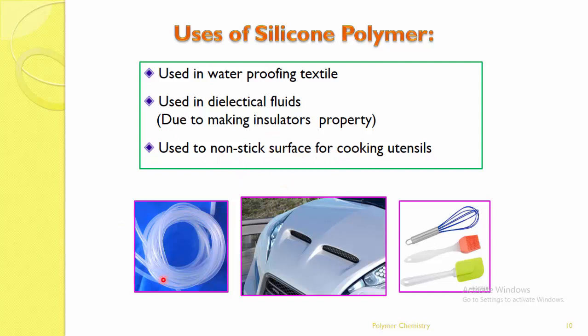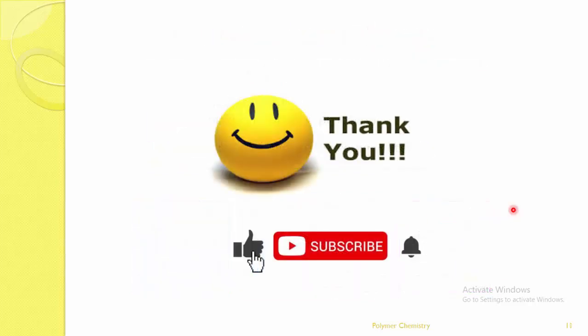Other than these, here we can see some pipes made up of silicon polymers, where, because of high tensile strength, they can be used as a protecting sheet for vehicles. Also some other articles are made from silicon polymers, meaning they have a lot of applications because of the high tensile strength of the Si-O-Si linkage in these silicon polymers. So in this lecture today we studied polyethylene as well as silicon polymers having commercial applications.